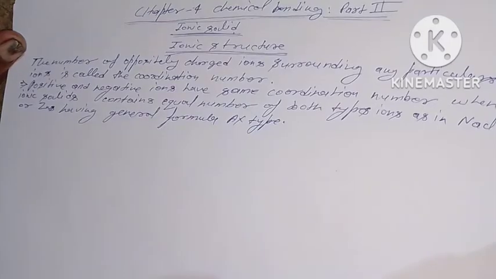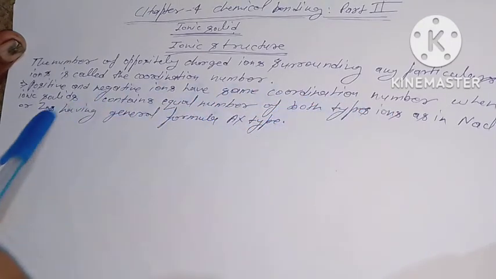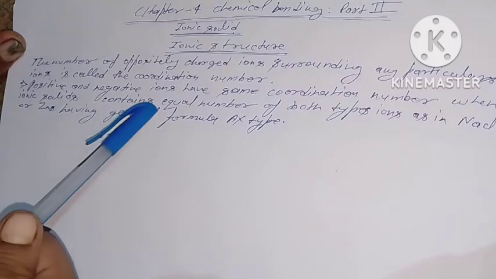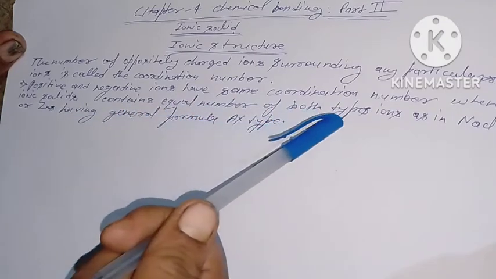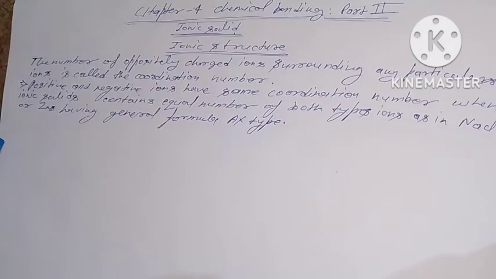Positive and negative ions have the same coordination number when ionic solids contain equal numbers of both types of ions, as in NaCl and ZnS having general formula AX type, okay? But the coordination numbers of positive and negative ions are different